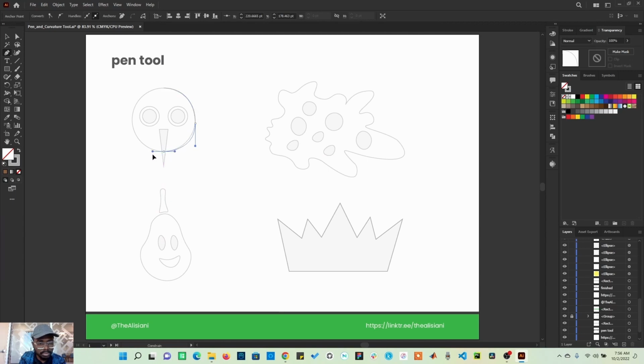Don't worry, I'm still going to modify or make any quick changes to this. Still holding my shift key, I click and drag. So now with this